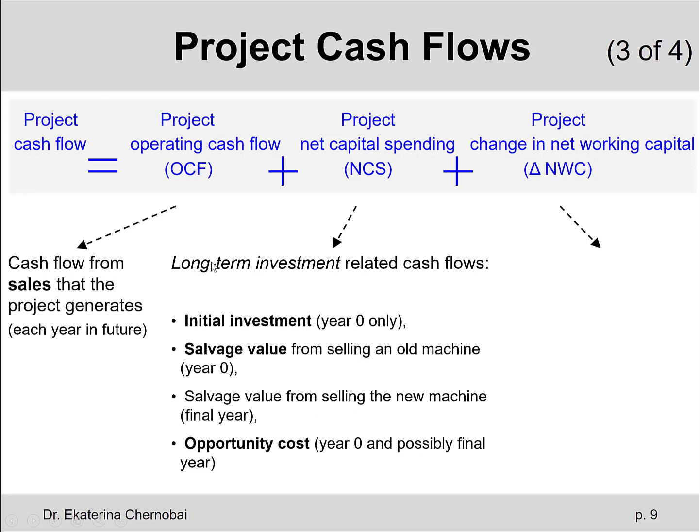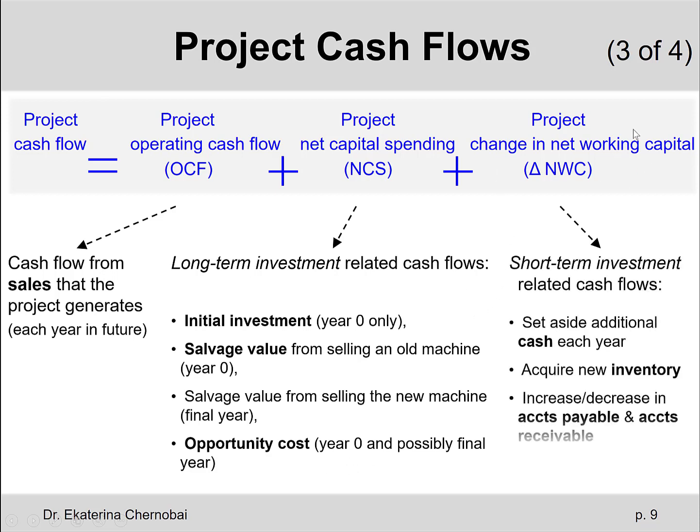There are a couple other things that belong in this category, such as opportunity cost, but like I already mentioned earlier, we are not going to be looking at something so complicated, like some alternative investment and how much you could have made there, how much you could have spent there. And then the third, so there might be other relevant cash flows which don't belong in the operating cash flow category, which has to do with how we identify how much profit we made for each year, nor in the net capital spending category, which has to do with buying something bulky, something large, big, expensive, like